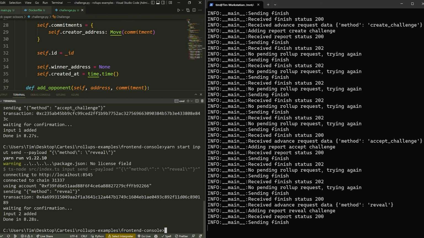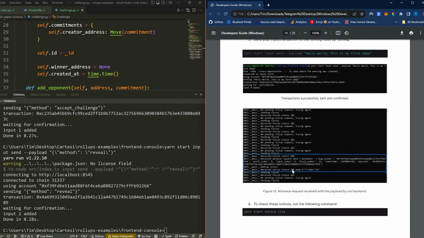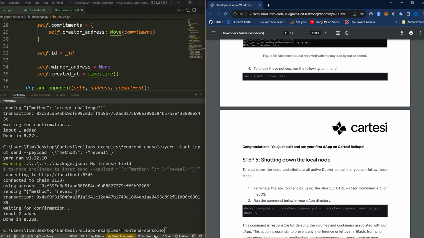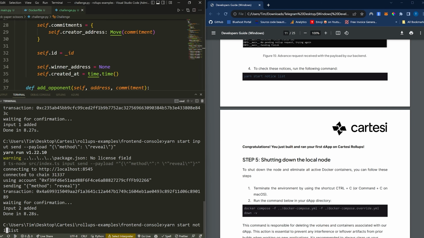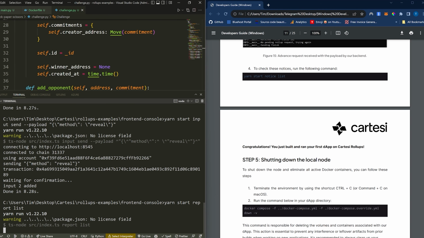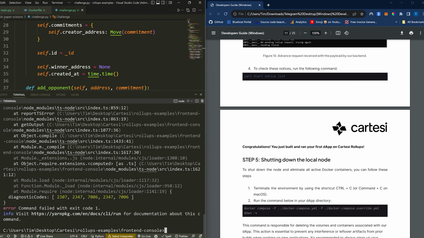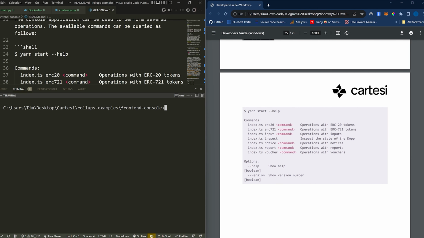Now that we have that, we can have a look at some of the notices or the reports that have been created. So again, we can go back to our guide here. We have yarn start notice list, but I believe we can also replace this with report. So we'll say yarn start report list. See if that gives us a list of reports if I typed that in correctly. All right, I was getting some weird error there because my TypeScript's all messed up on my computer. Anyways, for you guys that should have worked, but I'm going to type yarn start